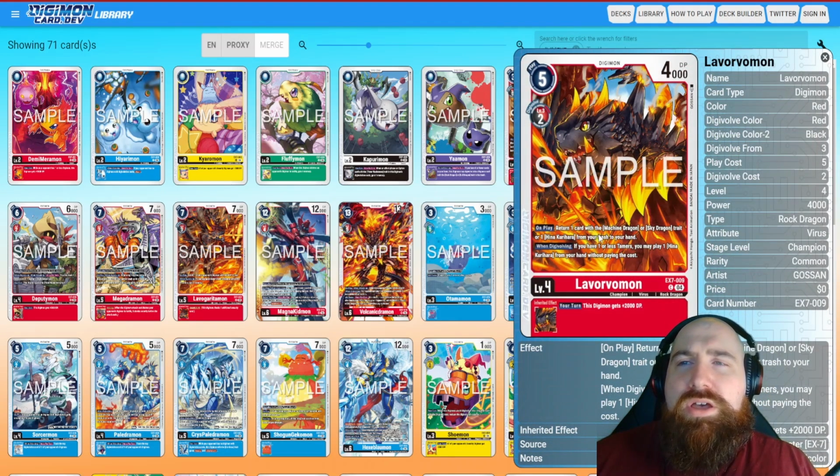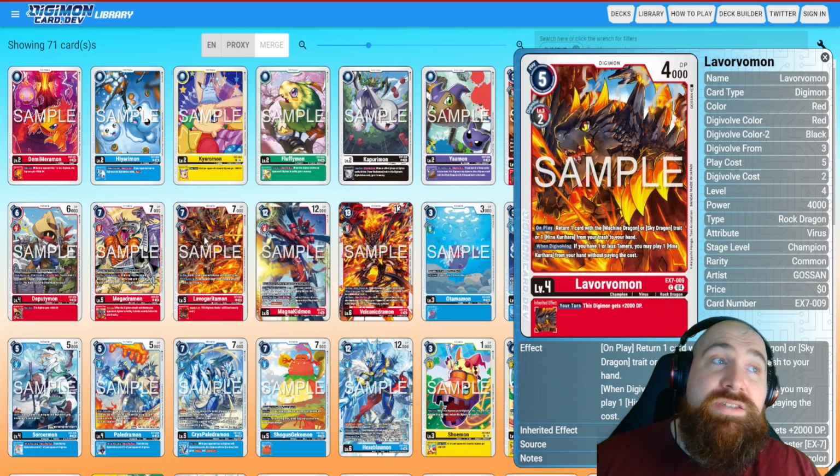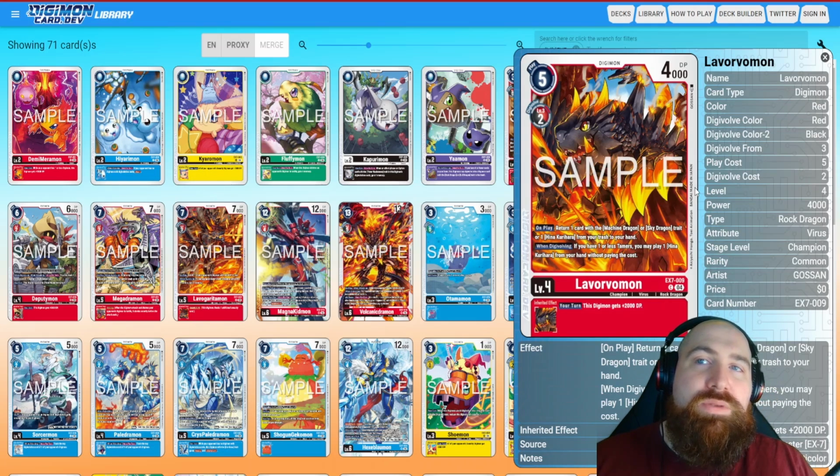Lavoromon. On play, return 1 card with the Machine Dragon or Sky Dragon traits, or 1 Hina you can trust to your hand. So basically that's the other side of the deck. And then when Digivolving, if you have 1 or less Tamers, you may play 1 Hina, remember paying the cost. A lot of people are saying they've noticed that the level 4s now play 1 or less Tamers on the field, which is really good because